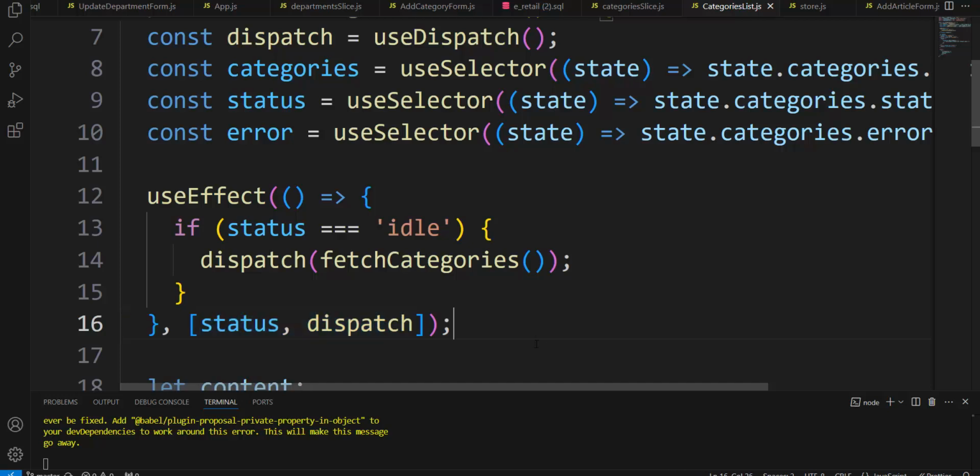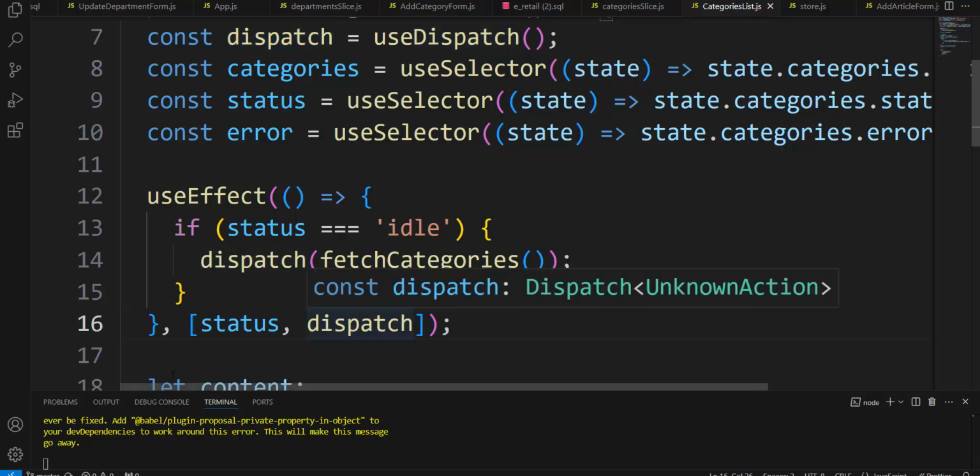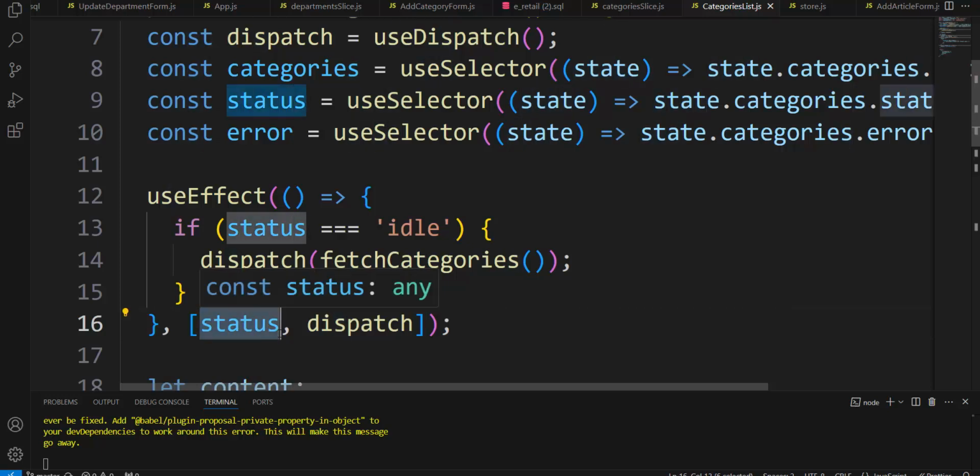For example, this dependency says that useEffect would be called after the component was mounted, or in re-rendering only if dispatch changes, but dispatch very rarely, never, changes. What is dispatch? It is a reference. You take that reference one time, and it doesn't change in the whole life of the application. And also status changes, but